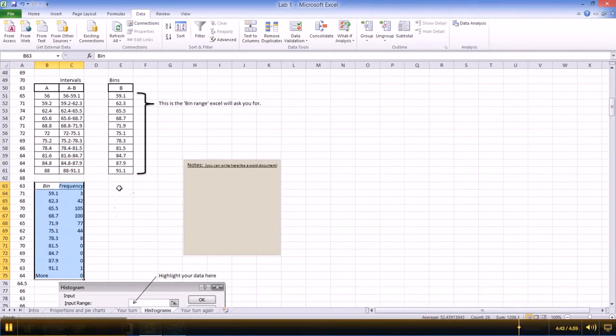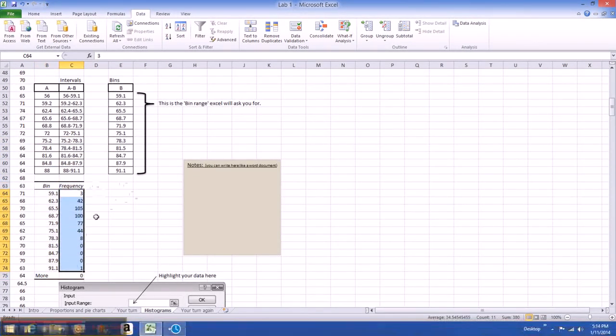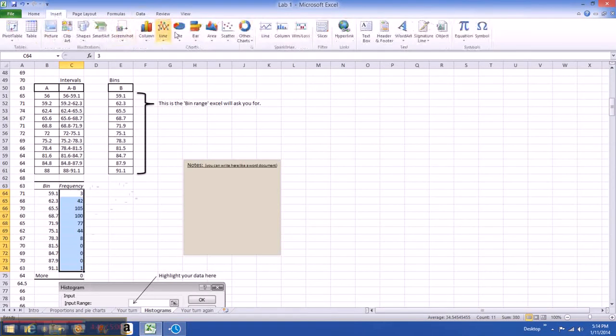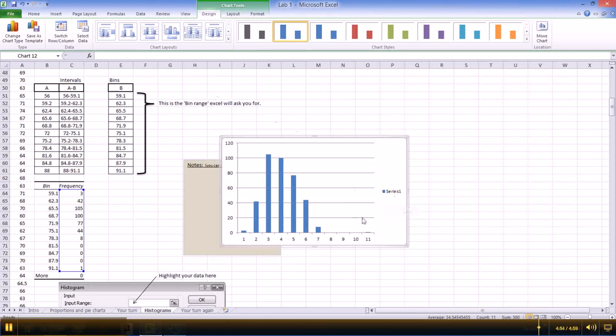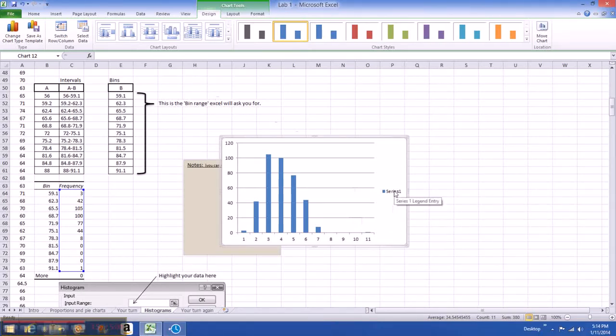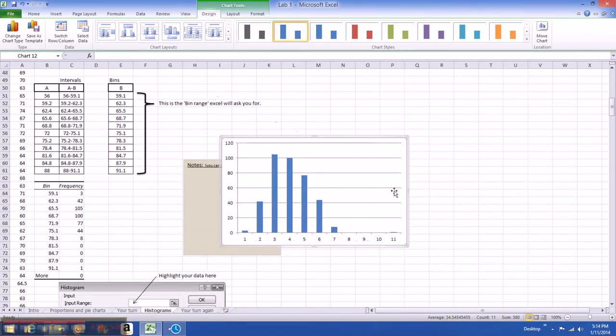That's unnecessary. So let's click on the frequencies, highlight all of our frequencies, not including the More, and go to Insert, Column, 2D Column, right here. And yeah, that's what we want. We can delete the series, and the main thing I want